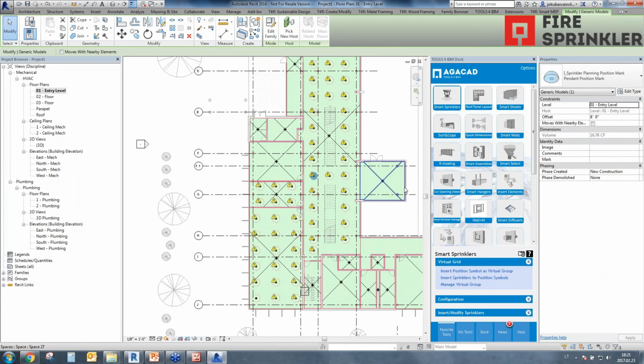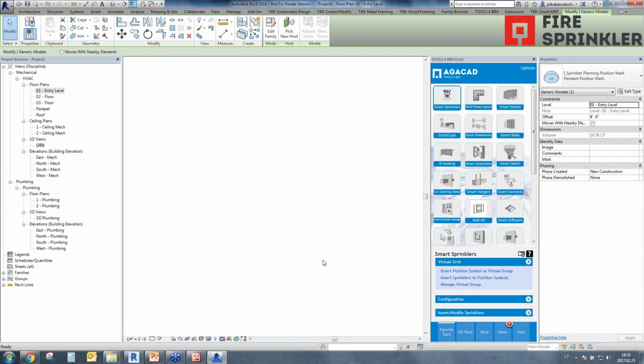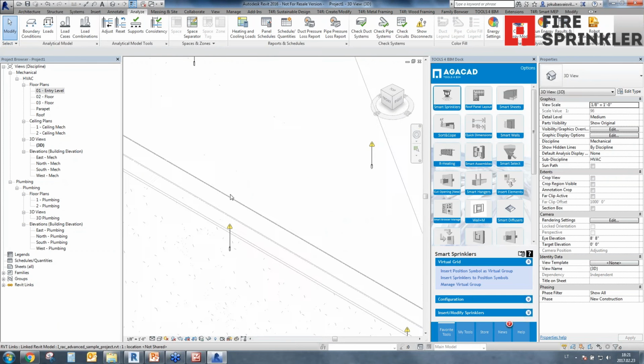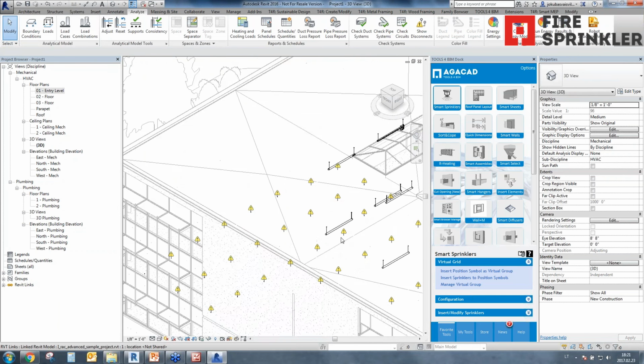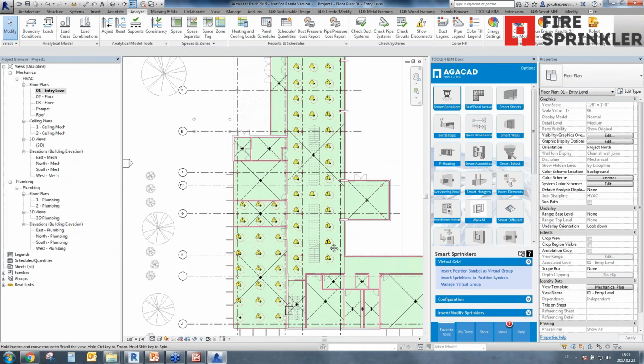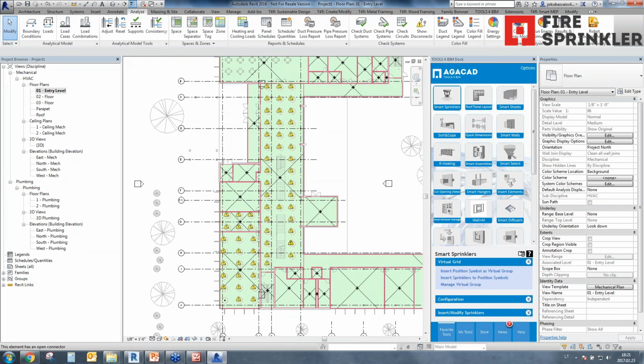Yeah, so we distributed the sprinklers. Let's try to check everything from the 3D view. How does it look? Okay, only little marks of the sprinklers. Let's go back here. The next thing we have to do is to prepare our pipes,